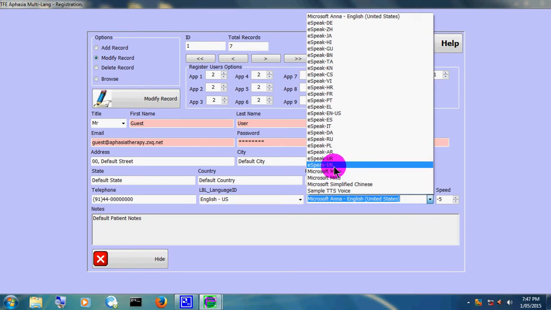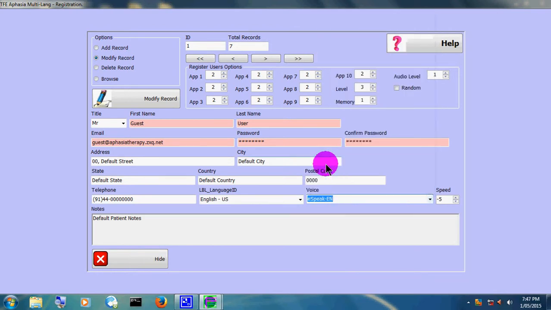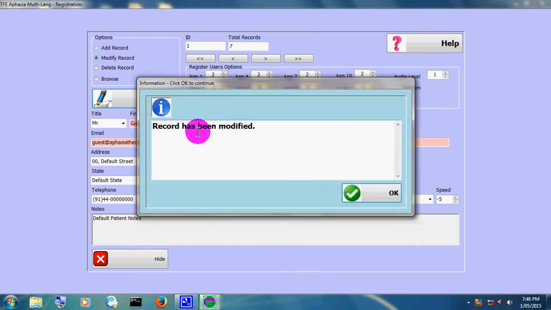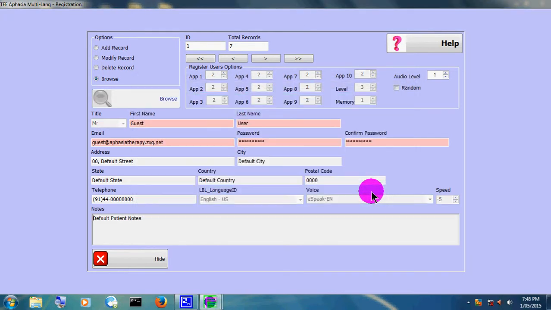So I'm going to select this eSpeak EN for English. I've selected that, and the speed can be selected. -5 is okay. And I now have to click modify record. Record has been modified. So this is where it will remain for this patient guest. Okay,